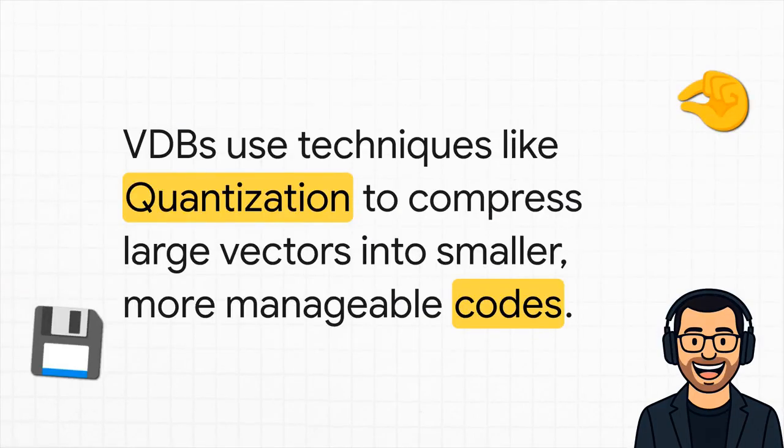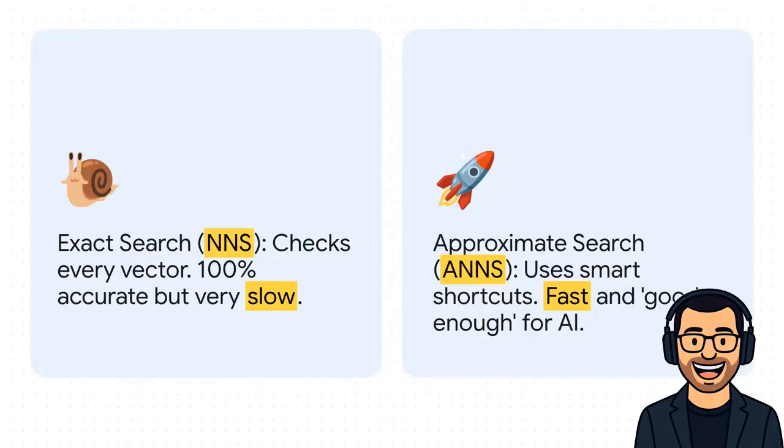To tackle that storage problem, they use a bunch of clever tricks. And a big one is called quantization. Honestly, you can just think of it as a really smart compression method. It takes those long, super precise vectors and kind of squishes them down into shorter codes. This dramatically cuts down on the storage space needed, all while keeping the essential meaning intact. And this right here, this slide explains the secret sauce for speed.